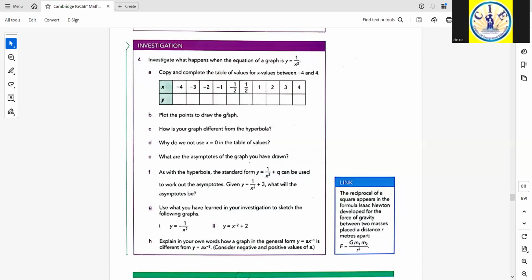In this video, I'm going to cover part G of question number 4, investigation of exercise 18.4. Part 1. Use what you have learned in your investigation to sketch the following graphs. y is equal to -1 by x squared. When we did this graph in part A, the answers were